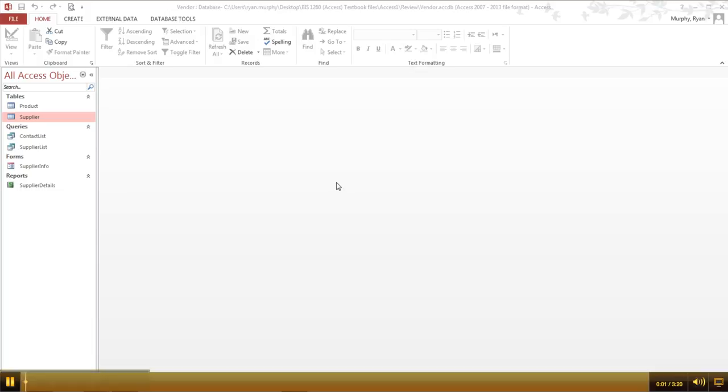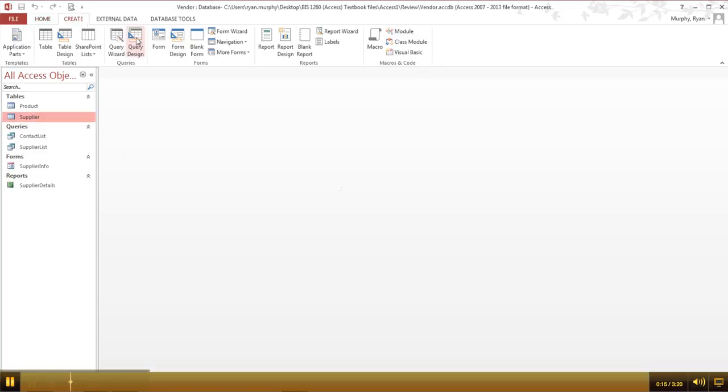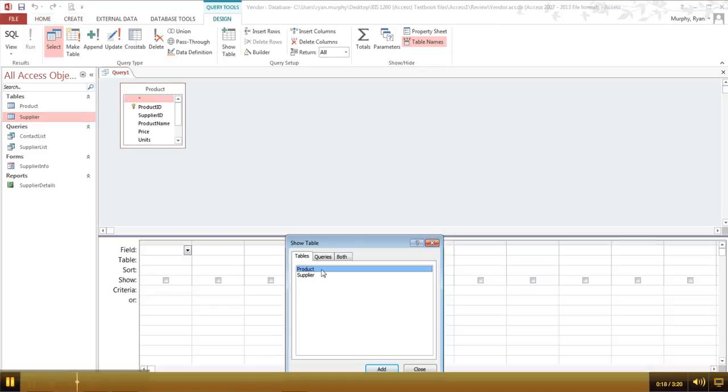Okay, so moving on to step 7 of the tutorial 3 review assignment for Access. Now we're going to create another query. This time we're going to use both the supplier and the products table. So we'll do create, query design, add both tables,